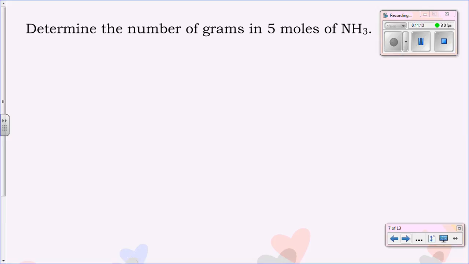We can also determine the number of grams. So in this case, what we're trying to find is how many grams of NH3,